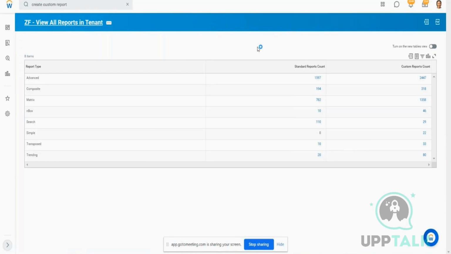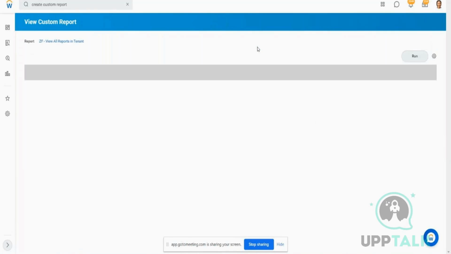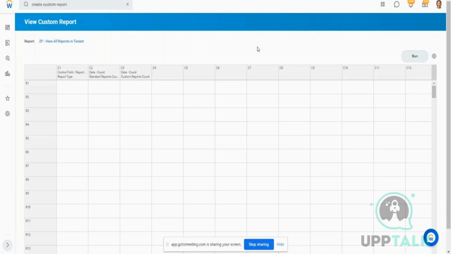Now I have pulled data, I have defined my control field. What I need to do is do some calculation. And what is the calculation that I want to do? I want to simply count the number of reports in this and get me the overall number. So here what I want is, I want to first add